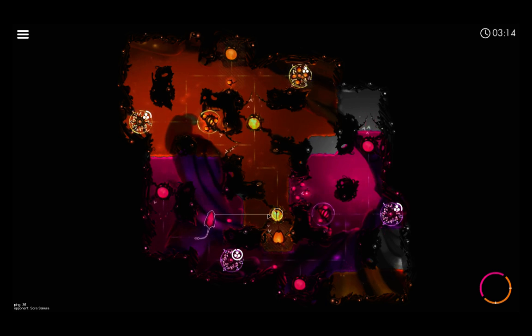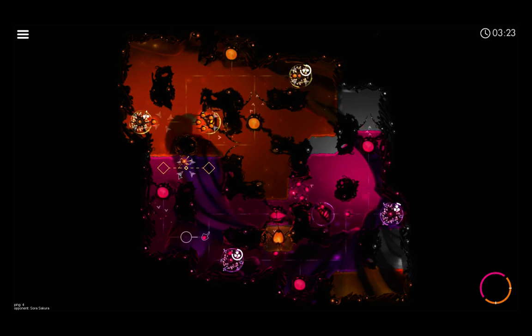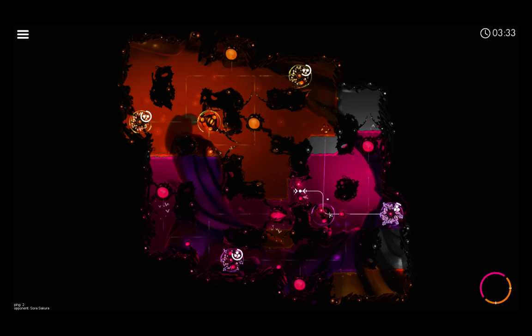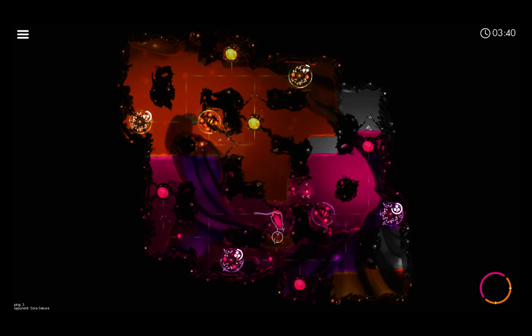Gonna set up a husk, and we're going to watch our line of sight as well, because she doesn't see it. It's going to die on its own. That's good. So there's a sniper up there. We need to keep an eye on that. We need to get our...